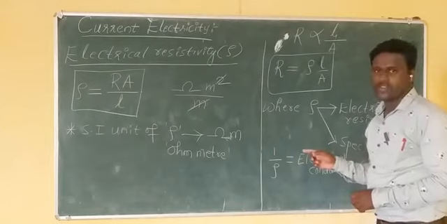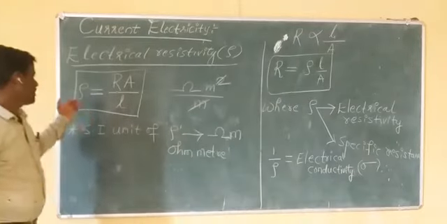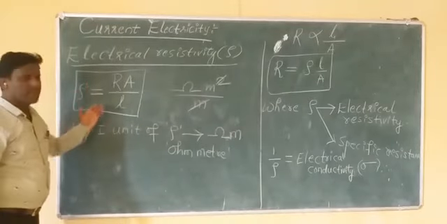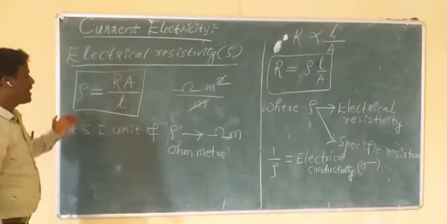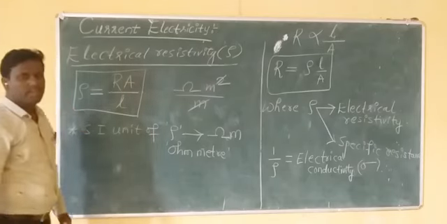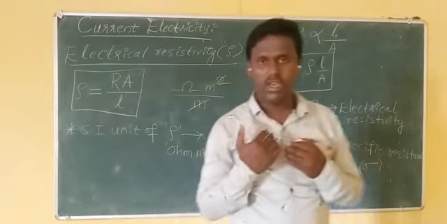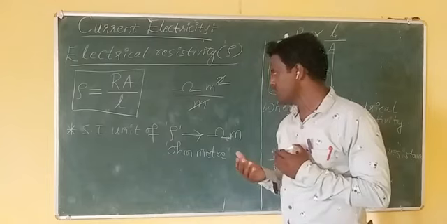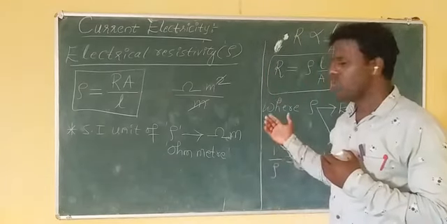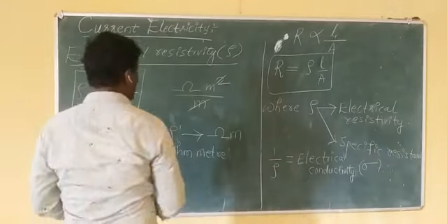What is the SI unit of electrical resistivity? Ohm meter, remember. And what is the formula used for resistivity? RA by L. And what is the SI unit of resistance? Ohm. For resistance we use the unit ohm, and for resistivity we use the unit ohm meter. Right? So next thing,